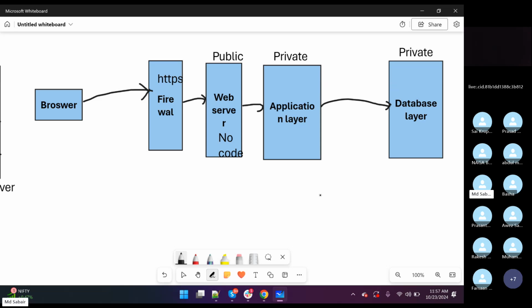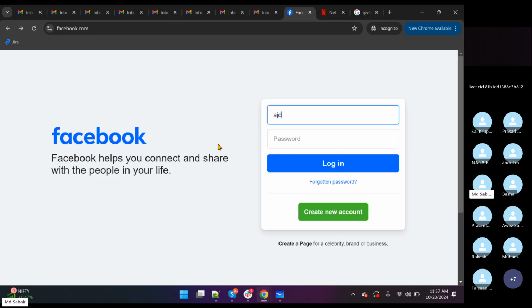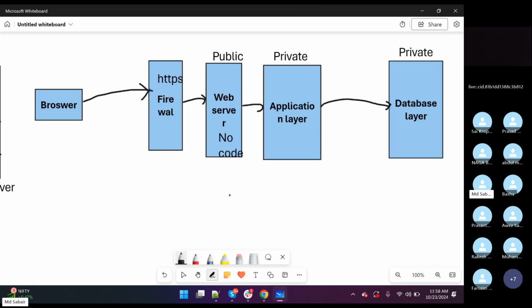This is used for the production environment. It means if you are able to access Netflix or Facebook, they will be using this kind of architecture only in their backend. Right? So now what is happening? We know that we have something called a firewall. This can be used. Now what will happen is